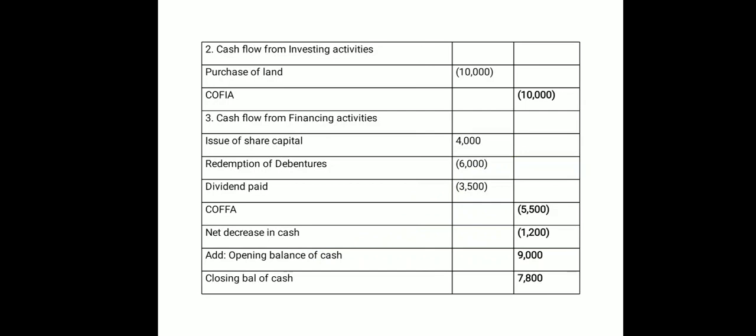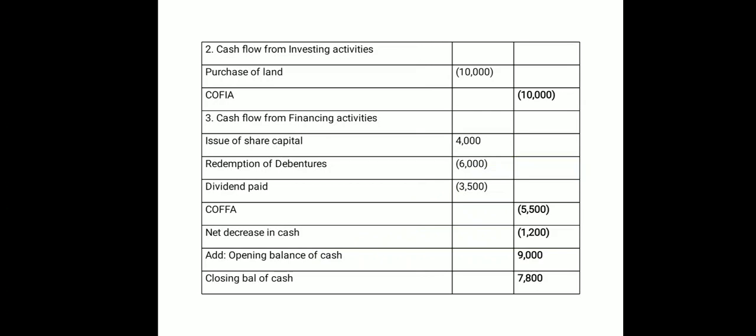Second, we need to calculate cash flow from investing activities. So we have seen only one fixed asset is given in this question, that was land, and related to that land what we are doing, purchase of land. So purchase, that time also I have told you, that means we have to make a payment, that means it is an outflow of cash. So amount 10,000 I have written in a bracket, no other items here. So definitely the final is cash outflow, because I'm saying it is outflow, 10,000 which we are paying for the purchase of land. So the final will also be your cash outflow from investing activities, rupees 10,000.